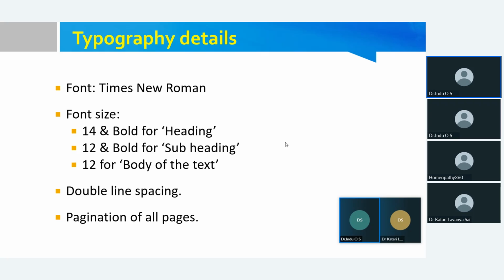Introduction means you are introducing your research topic to the public, or to the community. So the introduction should include the need for the study. What is the need of this particular study, or what is the relevance of this study? It should be there in the introduction. It should introduce your topic to the public, as well as the importance of taking up this research, and the need and relevance of this particular study at this moment.